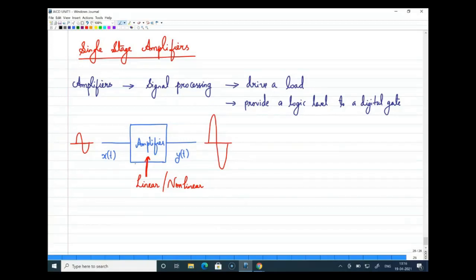Explain what do you mean by driving a load. Yes, Amitesh. Say for example, assume that you are in a public platform where you are using a microphone. You want to speak, and that should be listened by many people, right? So in a very simple way, driving a load is, say for example, you have a speaker